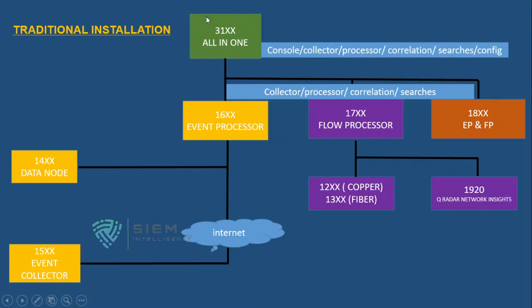But this is a traditional installation, and it has pros as well as cons. For this you require manpower to manage. Your entire setup requires manpower, either to configure it when there is an error, to maintain the setup, or to take care of hardware failure. If there is hardware loss, you have to provide an HA configuration, that is high availability configuration. You need to take backups, and it is more costly. The price is quite high.